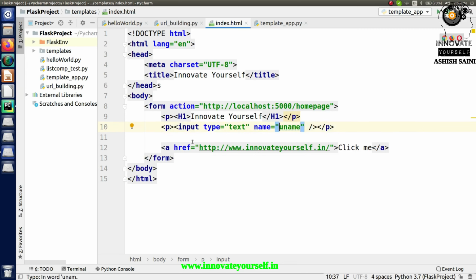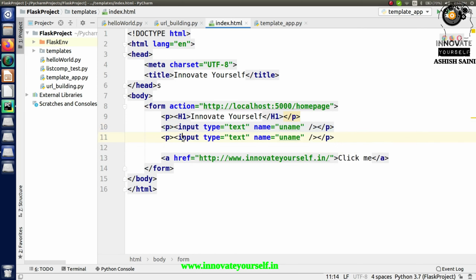So this is exactly what I want to do. Let me add another thing over here. It will be an input of the submit type, and the value will be submit. So I'm done with this.